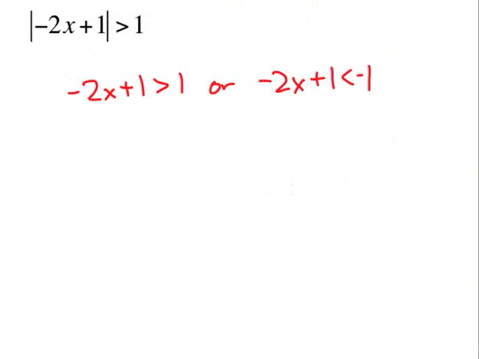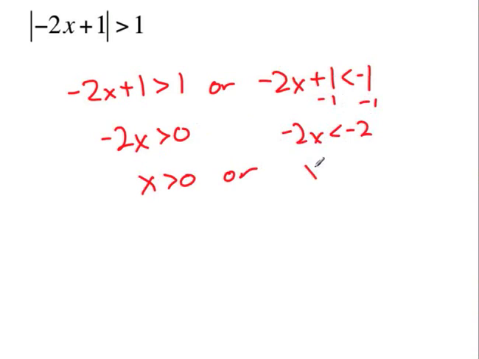So subtract 1 from both sides, so negative 2x is greater than 0. And then if we divide by negative 2, we get x is greater than 0. Or subtract 1 from both sides, and we get negative 2x is less than negative 2, so x is greater than,